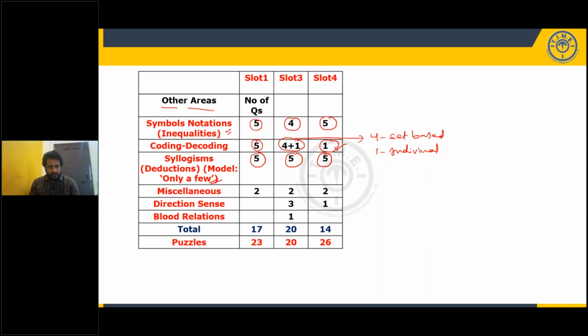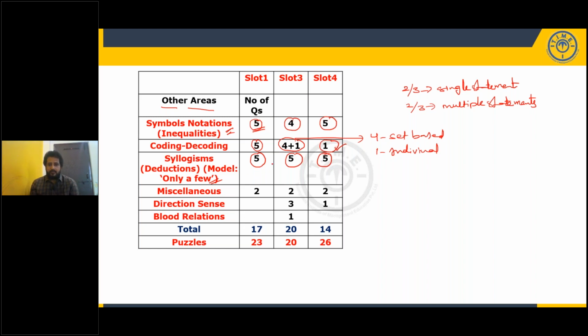And when it comes to these inequalities, out of the 5 questions, 2 or 3 questions they gave with a single statement. If they give a single statement, we are lucky. Each question can be completed in less than 10 seconds. And 2 or 3 questions are with multiple statements. Though multiple statements are given, they gave the common terms at the end or at the beginning of the statement, so that the combining part becomes very easy and you're able to complete it in less time. This was the feedback we received from our students.